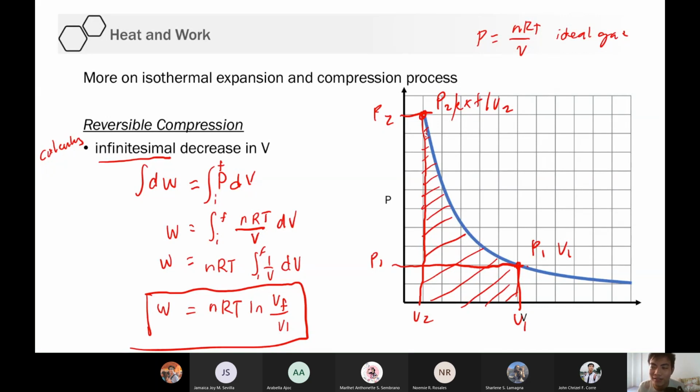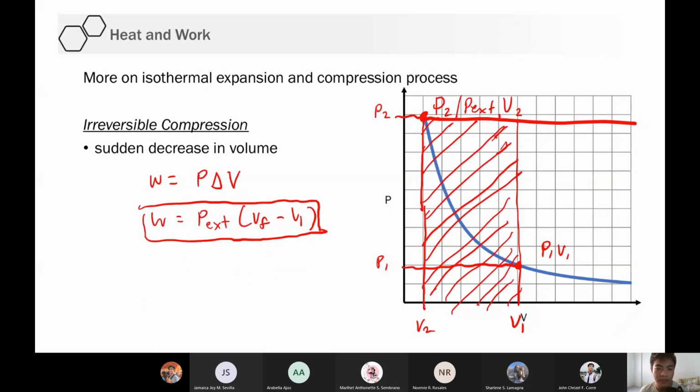Anyway, so yan, that's the work. No? Ang pinagkaiba lang sa reversible and irreversible compression and reversible expansion, positive sa compression, negative sa expansion. Okay. So yun sign lang yung nagkaiba din. Okay, so yun. Of the two, sino mas malaki? Sino mas ma-effort? Irreversible, reversible. Flip ko yung slides. Sino mas malaki ang value?